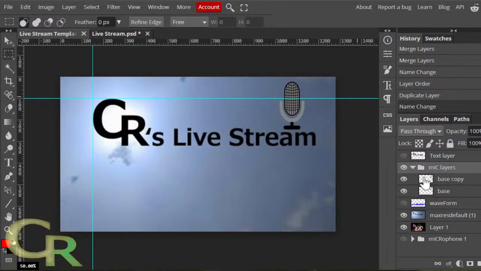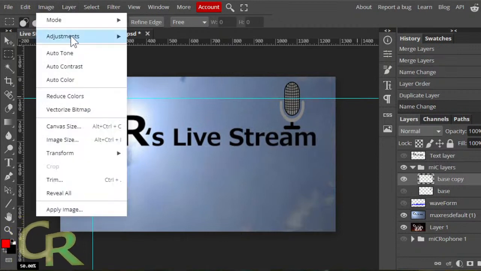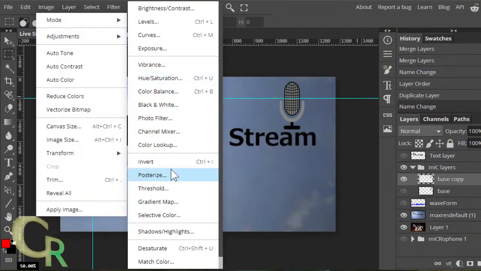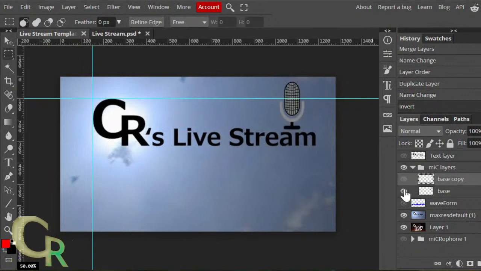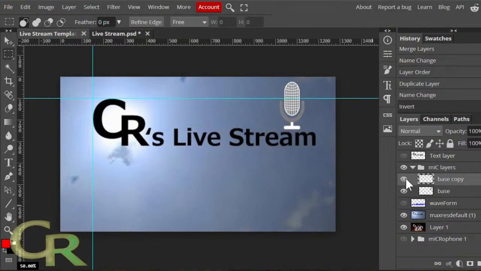Layers. So this one, another one, adjustments, invert. There we go. Now I have that version or this one, whichever works better. And again, I can still add color to it too, if I wanted to, depending how it goes.